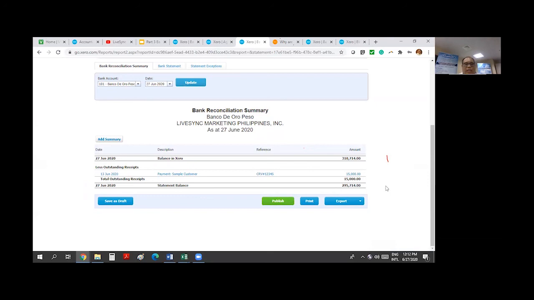Okay? The beauty of this is, in my experience working with external auditors, some forward-thinking auditing firms would just ask us for access to the client's Xero, and then they do their thing. They generate the lapsing schedule from there, and download the reconciliation. In the past, the auditors would have to come to the office, sit down with the accountant, and ask for all these schedules. And the accountant, lucky if you've been working there for more than a year, if you are not, then it's a pain for you because you have to reconstruct everything,